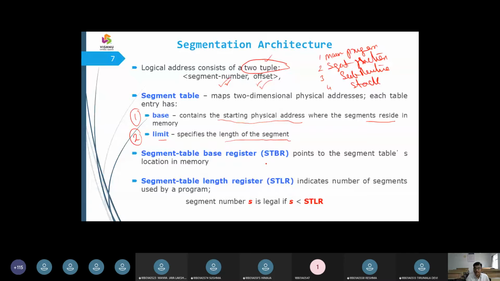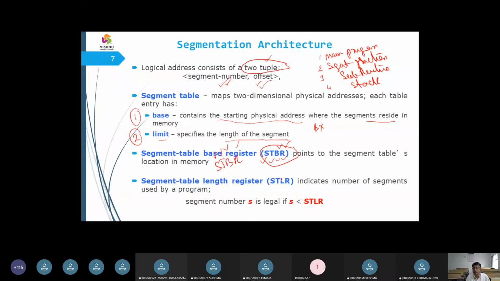Fine. Now, how will we distinguish the general base register from the segment base register? If I use a general base register, I call it BX in some notation, or BR here. For the segment table, I am going to use STBR, which represents the segment table base register.